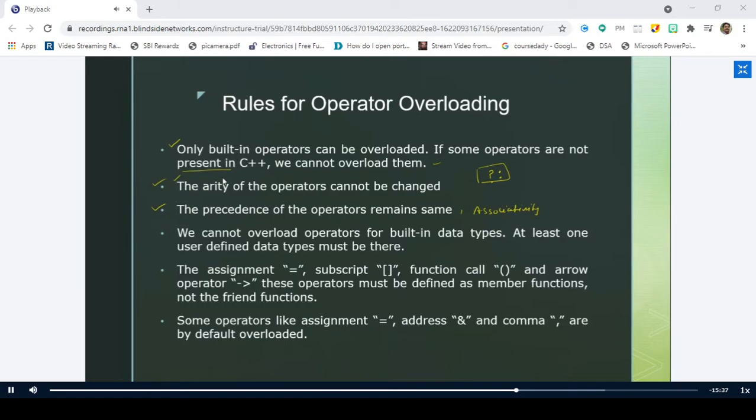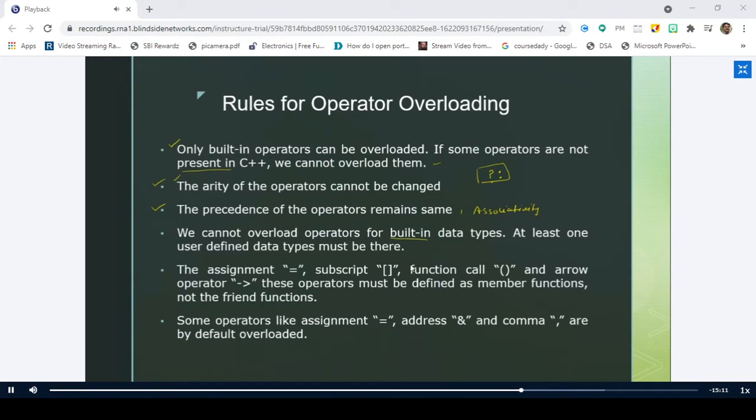And the next point is we cannot overload operators for the built-in data types. Already we have the operators for the built-in data types. So there is nothing to do with the overloading concept with respect to the built-in data types. Remember that overloading is especially designed for dealing with the user-defined data types.